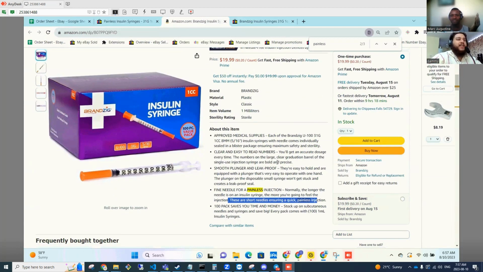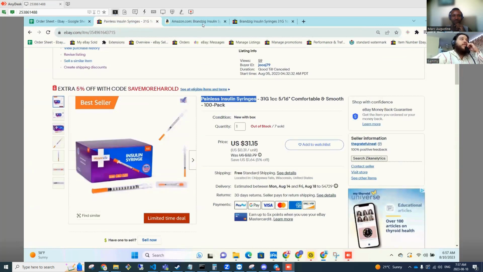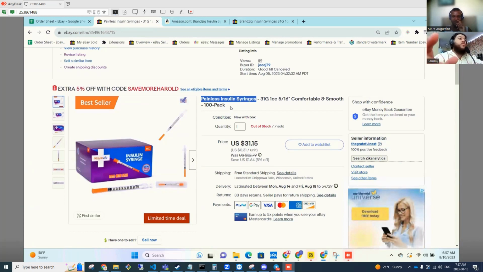Yeah, no, I hear you. I could never have manually come up with that title. The one thing that really blows my mind is that even to me, when I'm reading the title, this proves that it's worth more of a premium price. It's painless. It's not a normal insulin syringe. Sure, maybe everybody else is selling the same thing, but because we wrote the word painless, our one has way more value.